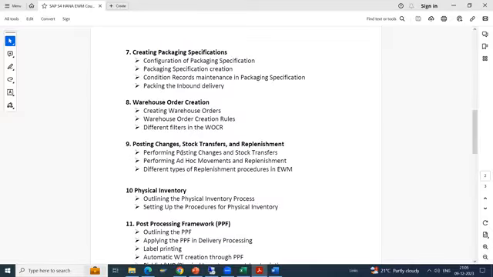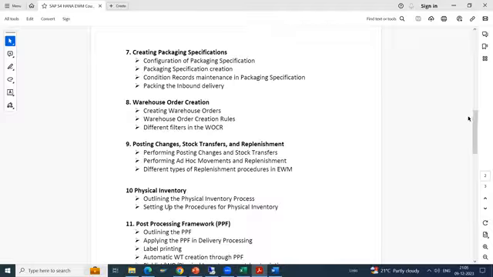When you receive from the vendor, it will go into the quality inspection. You will do the quality testing, and then if it is cleared in the quality, then you will move it to the available status. If it is failed in the quality, then it will go into the block status. That will be the internal posting changes.